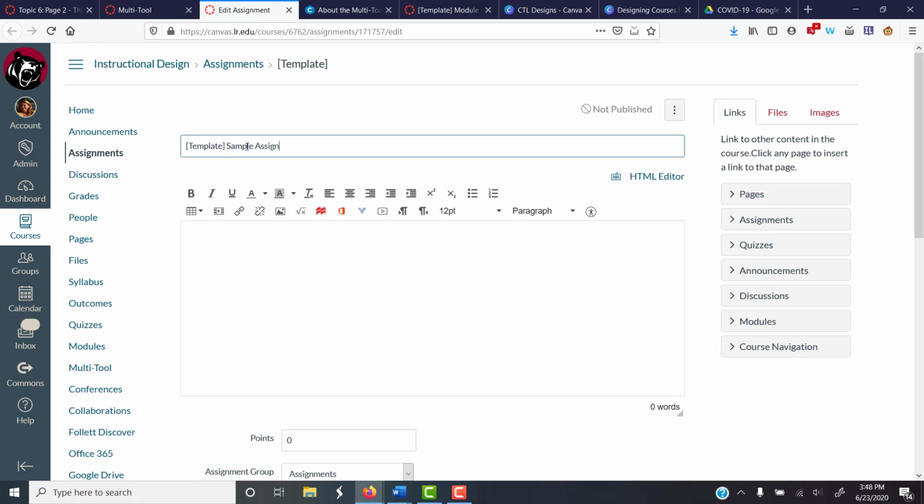So say, for example, you had a lab that had the same format every time you did it. Maybe you do it every other week. You could type up the instructions for that lab assignment, and that could get populated into your Canvas course whenever you needed it, and then you can simply go in and edit the specifics for each lab. And it may not be the entire instructions, but maybe the outline of them would get you enough of what you need. So I'm going to